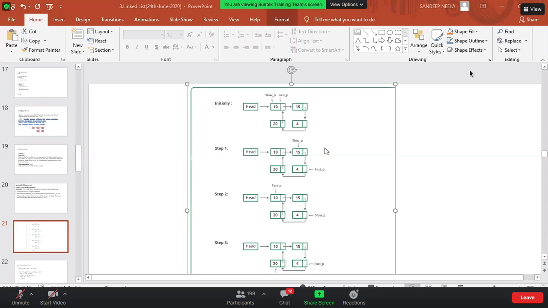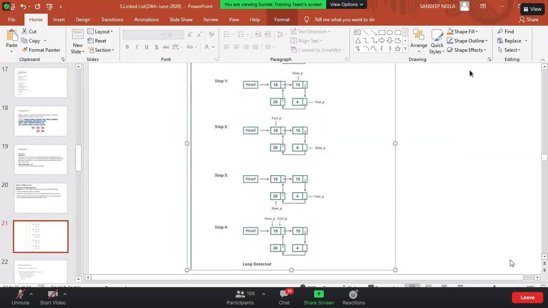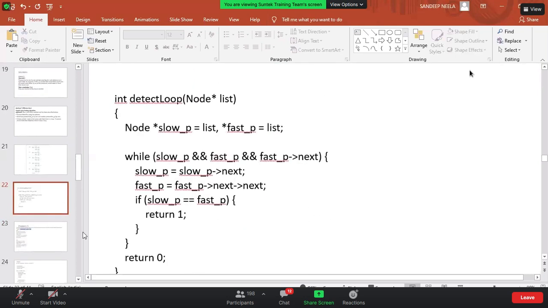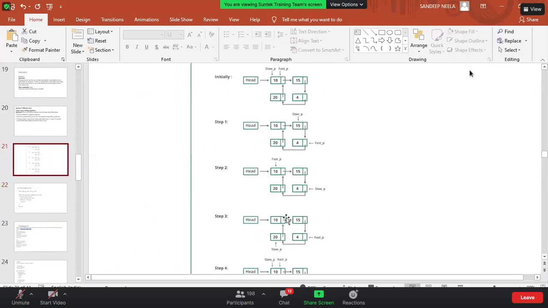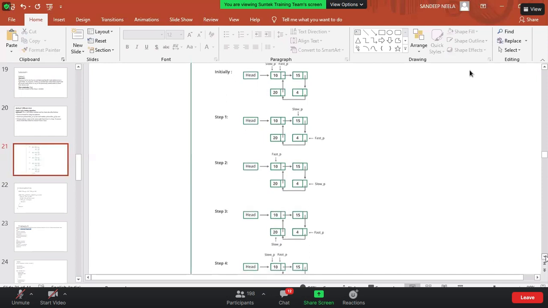So the slow pointer will point at 15, but since the fast pointer is incremented twice, it will go to 4. Next, the slow pointer will point to 4 and the fast pointer will be over here, and like that, whether it is a big loop or a small one, we can traverse it like this. Once they reach the same position, we can say that it has a loop.